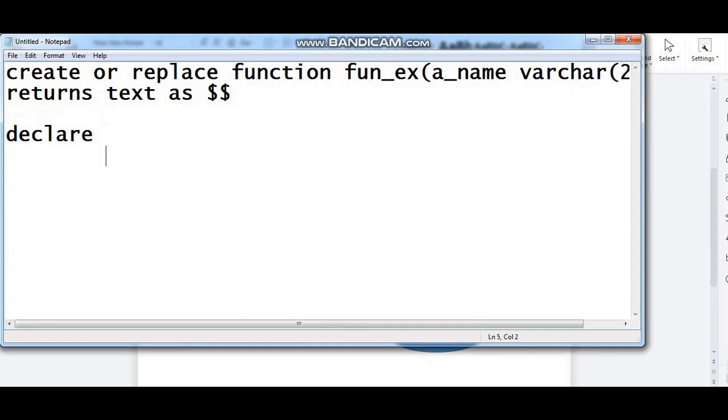So here the declare keyword is taken, and here I am declaring one variable called rec, and suppose I am making it a record variable. Record is the attribute. Next, begin. So here I have to write a function which is going to give me the total count of